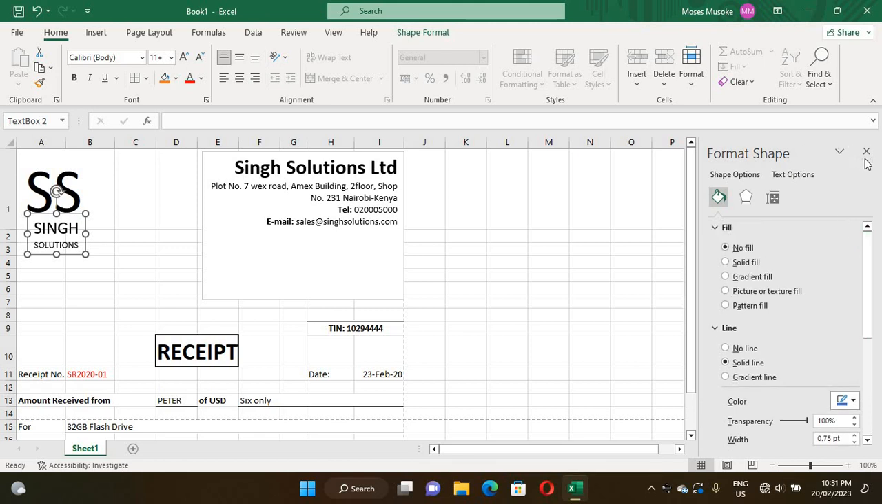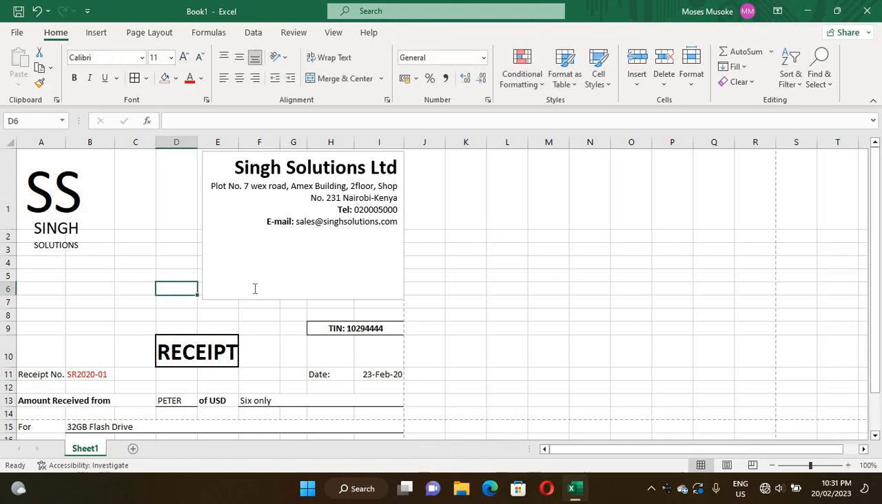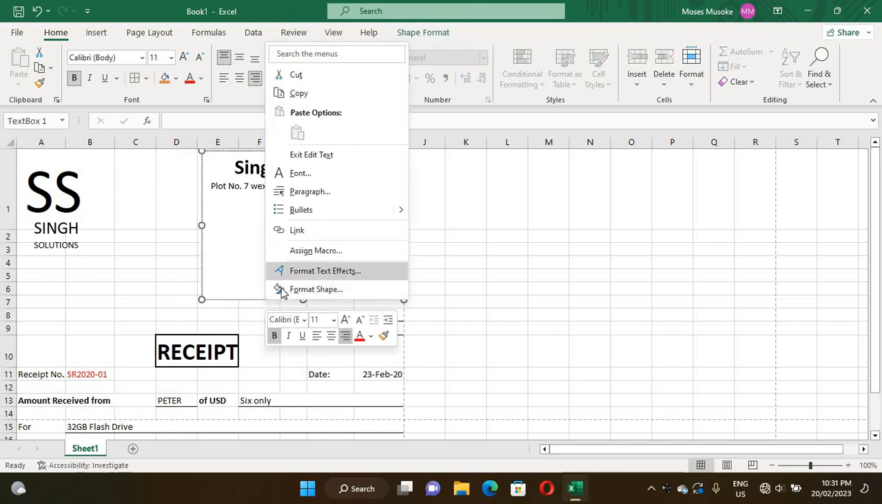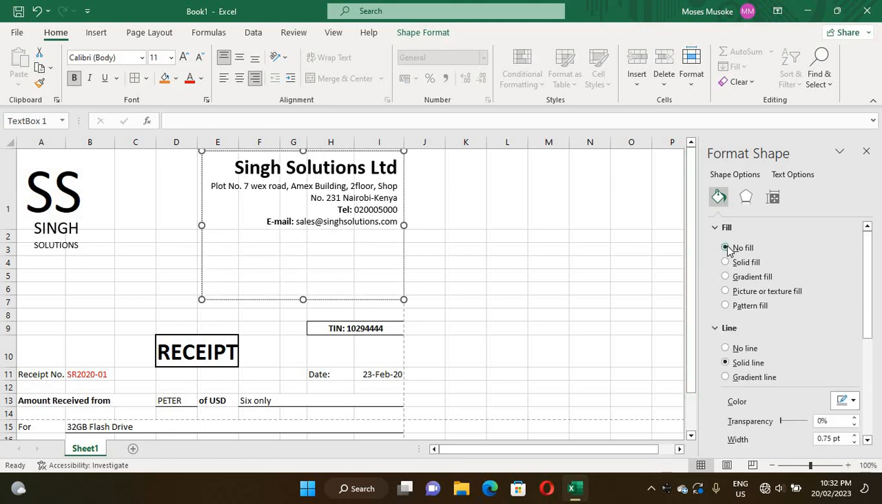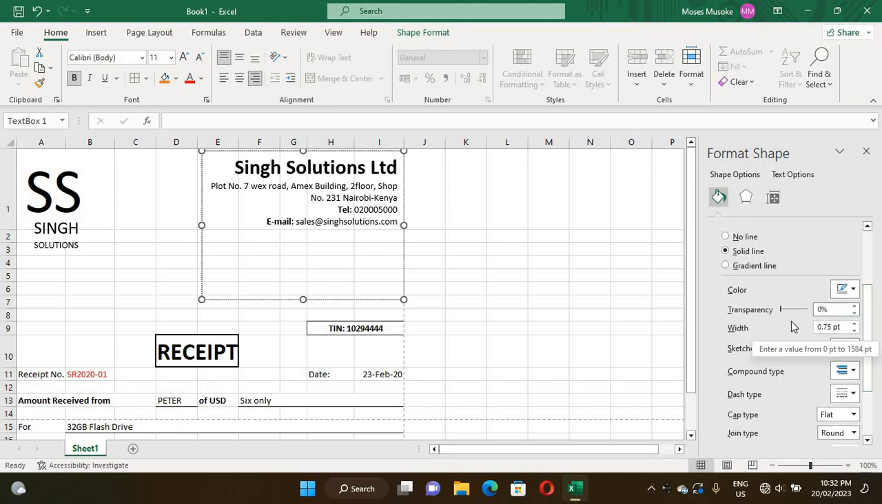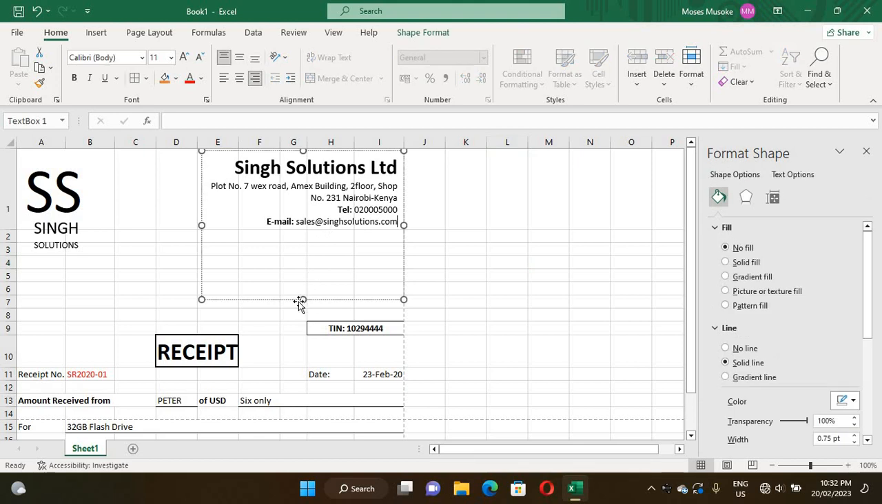Okay, we'll do the same here. Format shape, solid line. Format shape, no fill. Okay, and line solid, transparency 100%. Okay, now here what we're going to do, we're going to put this one up a little bit. Okay,